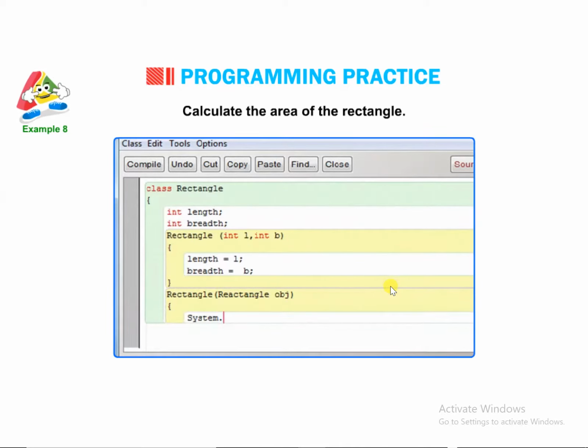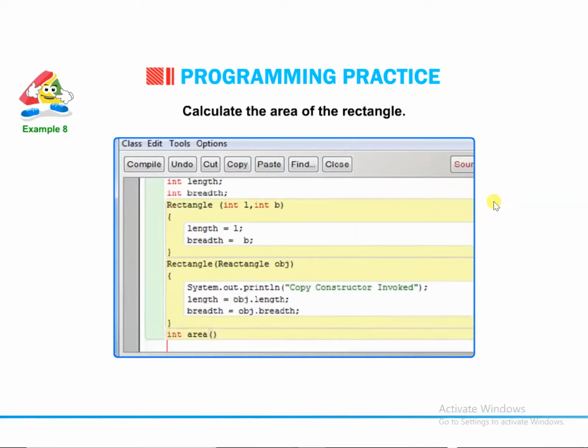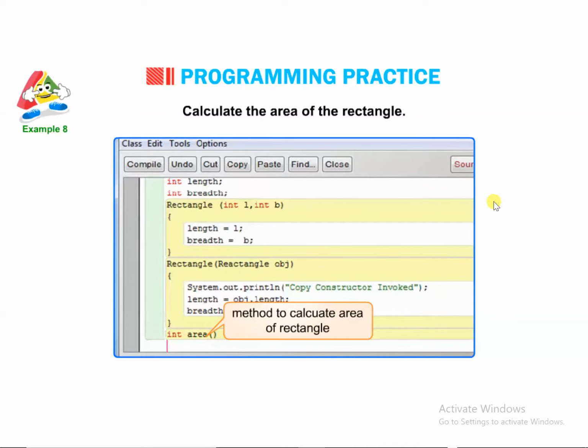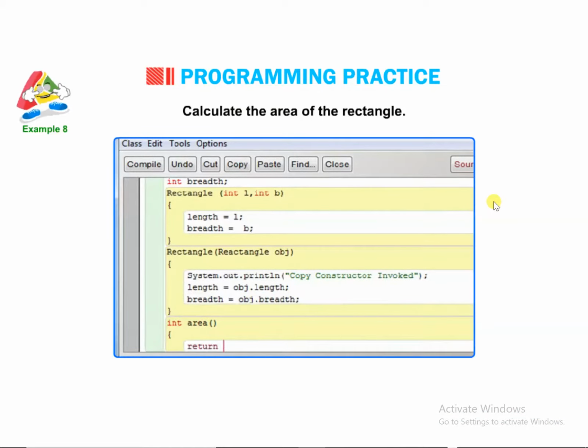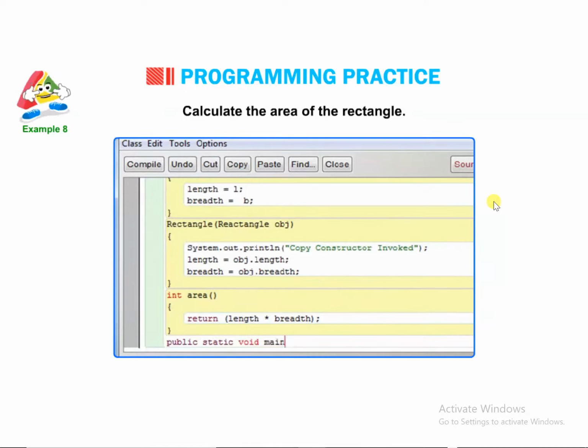{ System.out.println("Copy constructor invoked"); length = object.length; breadth = object.breadth; } int area() // method to calculate area of rectangle { return (length * breadth); } } public static void main(String args[])